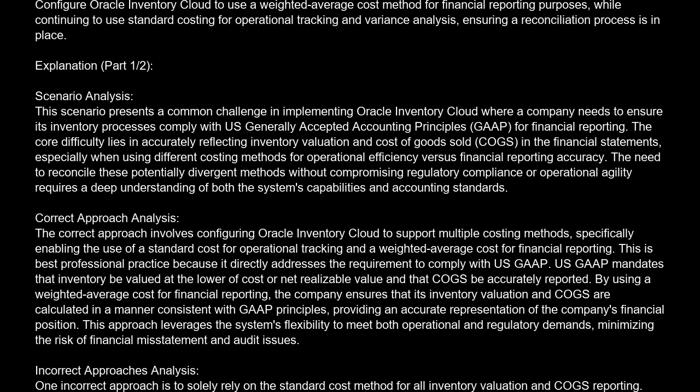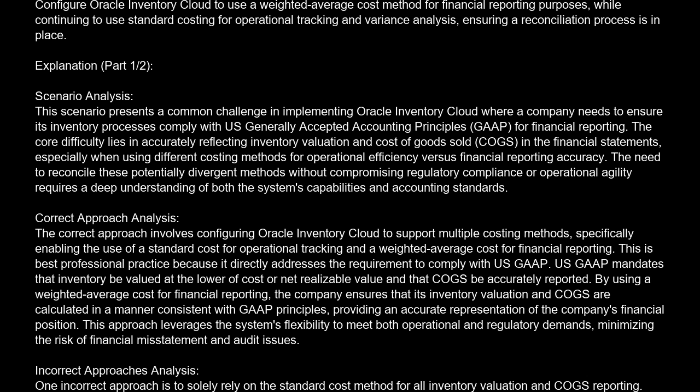The correct answer is A. Configure Oracle Inventory Cloud to use a weighted average cost method for financial reporting purposes, while continuing to use standard costing for operational tracking and variance analysis, ensuring a reconciliation process is in place. Explanation: Scenario analysis. This scenario presents a common challenge in implementing Oracle Inventory Cloud, where a company needs to ensure